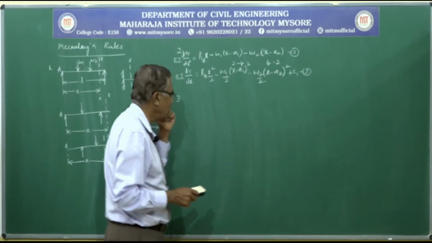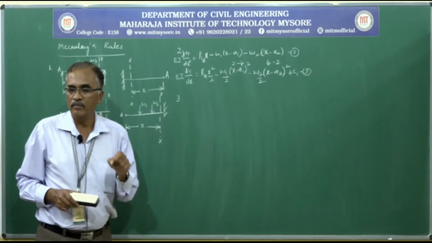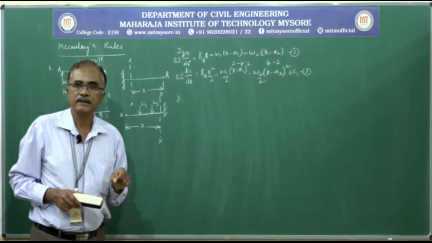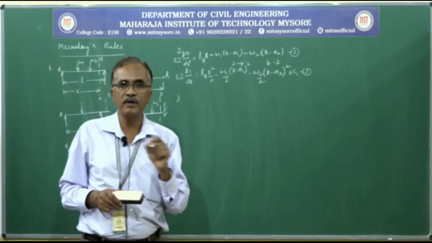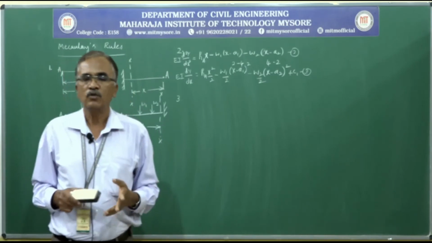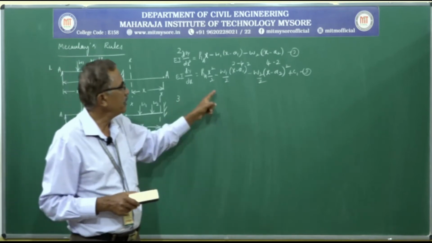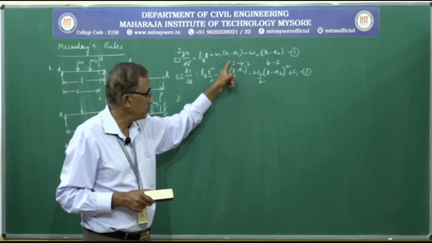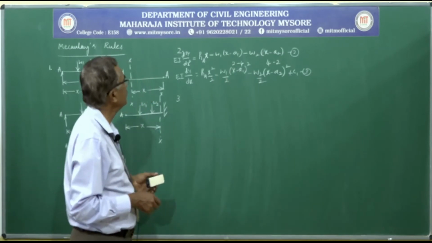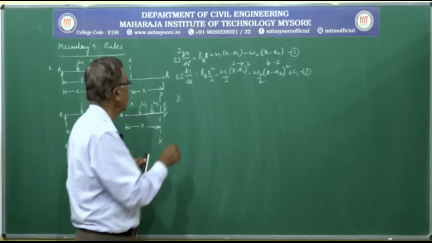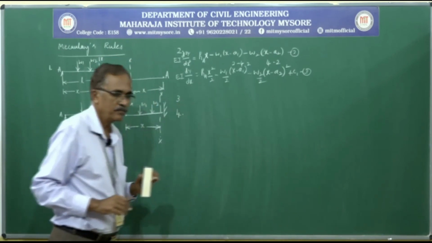So that is the third rule: when you substitute for the bracket to solve for the integration constants C1 and C2 and even to obtain the slope and deflection, if the term becomes negative, simply we ignore the entire term. That is the third rule. Next, the fourth rule is